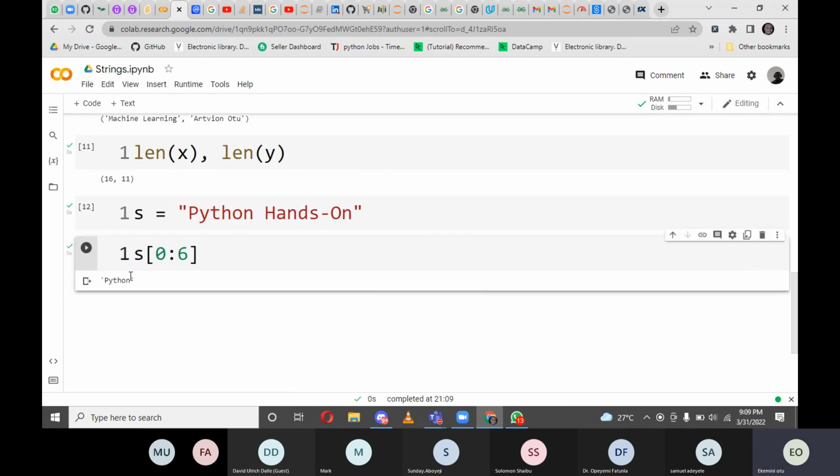You can see it gives us Python, because P is 0. It takes all the way: P is 0, then 1, 2, 3, 4, 5. And at the end, it gave us Python. This n is 5, and 6 is not included, because as I told you, the end of it is excluded. Okay. So if you wanted this space to come in, you could have added